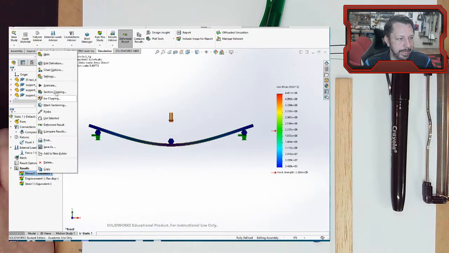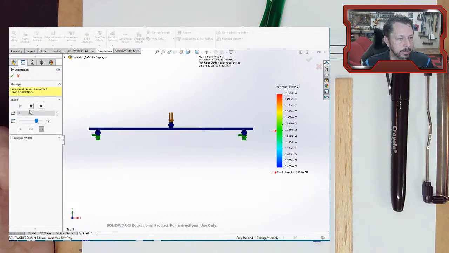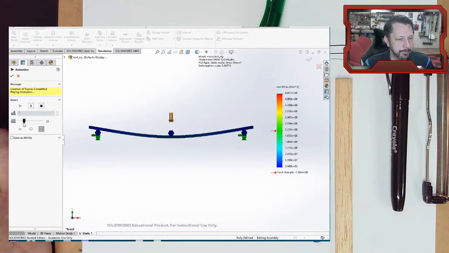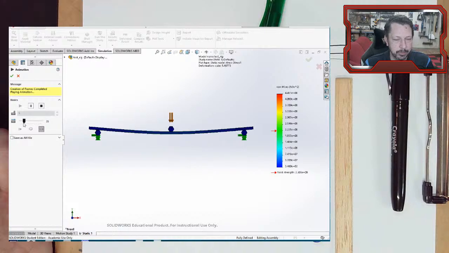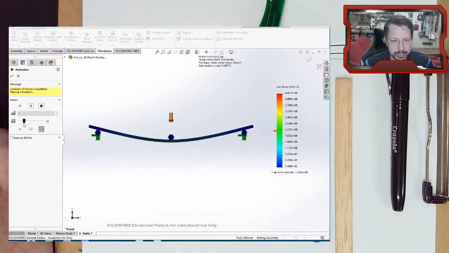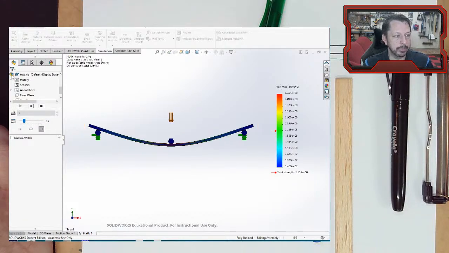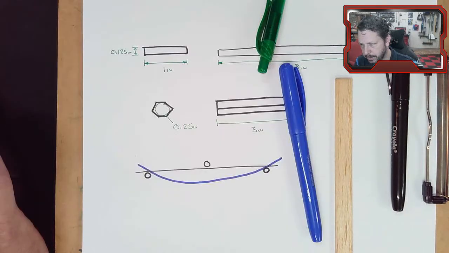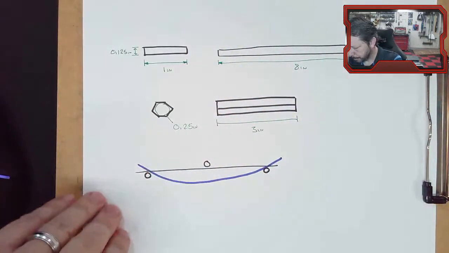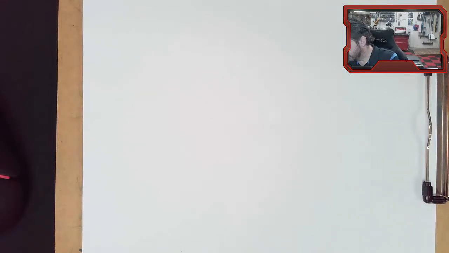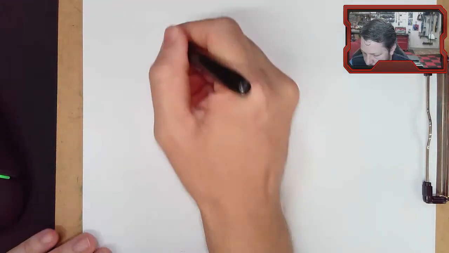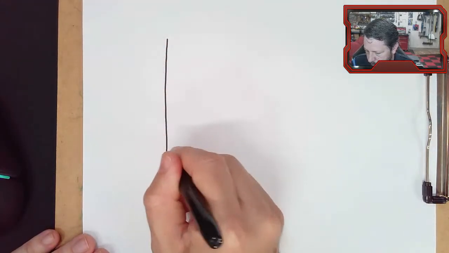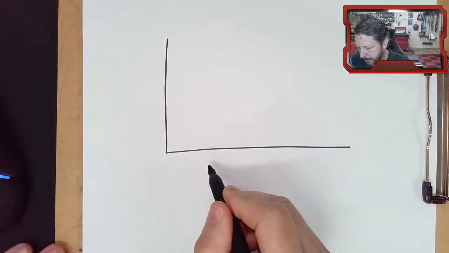Usually you go in and animate just to see, let's slow down, the animate is too fast. See if it looks more or less like what you expect. That looks reasonable. If we were trying to get real data from here, we would probably run this simulation a couple of times. Let's go over here to the paper. We would run that simulation a couple of times and pick out the point of data that we're interested in and plot